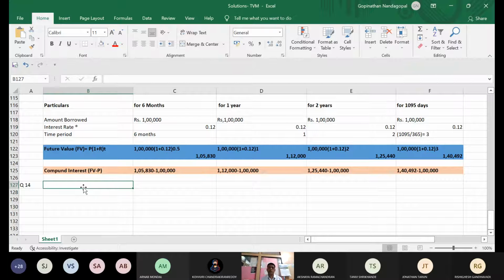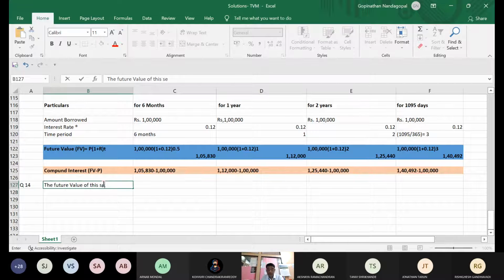Now, I'm going to do the problem in two ways. Whichever way you find convenient, you can do it. One without using the table, one by using the table. First, see here, this is not your inflow, but this is your payment. So how are you going to do it? The future value of this series of payments will be